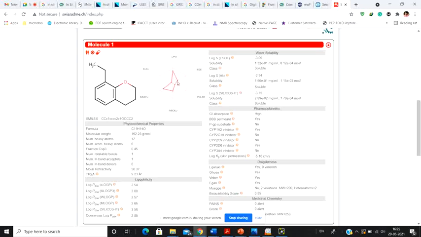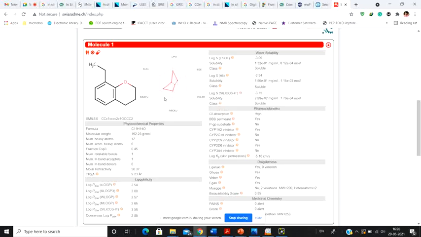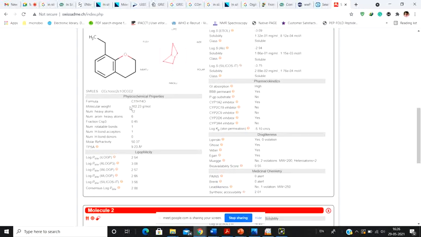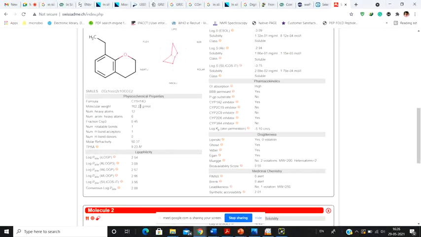And see this white region, this is the lower limit. A molecule must lie within this white region, and within this white, it must lie within this pink zone. Now in this particular case, the molecule is so small that the polarity of the molecule has been compromised and it is way below the prescribed range. So what are the other parameters that we can see? We can first of all see the formula and the molecular weight. It is 162.23, and according to Ghose, remember what the molecular weight range should have been? It should be within 160 to 480, but here it is 162. So it is just barely within the size range.